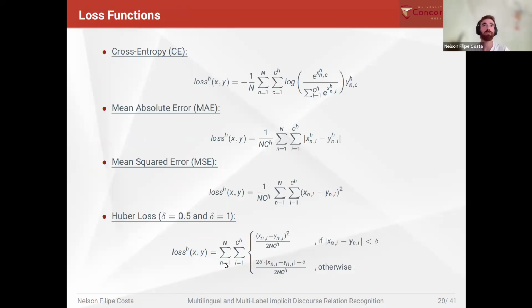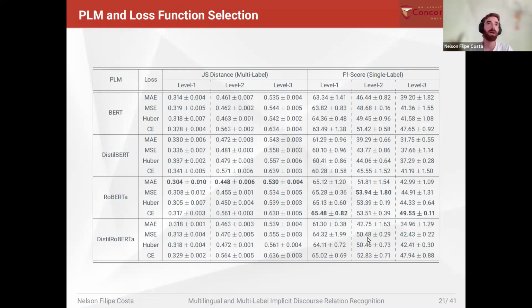In this work, we consider different loss functions to see how they affect the multi-label task. So we consider a cross entropy loss function, the mean absolute error, mean squared error, and the Huber loss function with 2 delta values. And we also evaluated different pre-trained language models as the encoder of our classification model. So for each pre-trained language model, BERT, DistilBERT, RoBERTa, and DistilRoBERTa, we explored all loss functions, and what we found